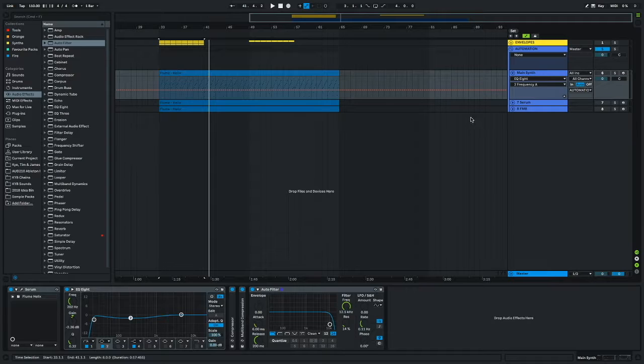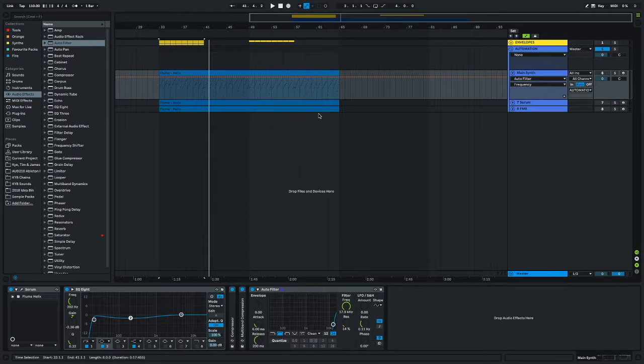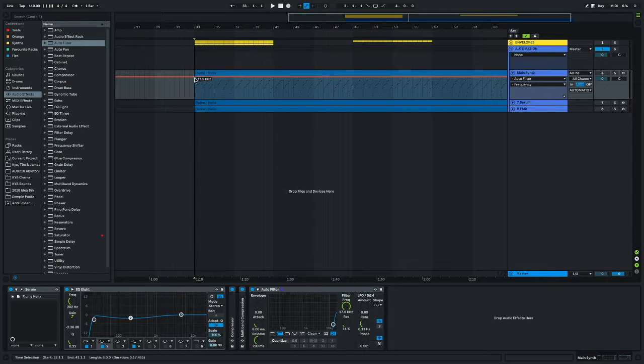But instead, I want to automate the filter. So here, we'll go down to filter frequency, which is what I want to automate. So instead of having a low pass, I want to switch it to a high pass, and then click on frequency to set the automation lane as the parameter. So here I can go in and I can draw anchor points to what I want to hear. I can either draw in anchor points, or as the same as envelope mode, by pressing B, I can enter draw mode, and I could draw